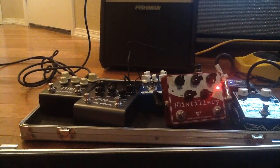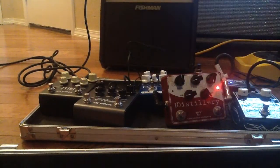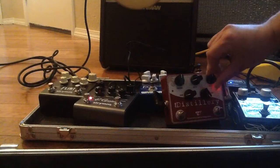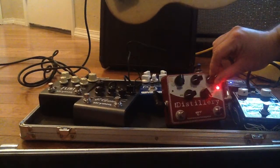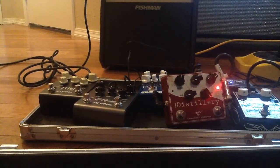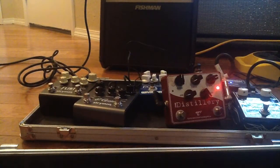I've got it on the neck position. See if it'll break up at all. Yeah, it's not breaking up, but it's a solid state acoustic amp. I do think it sounds a little bit better with that up there. See what happens when we put on the